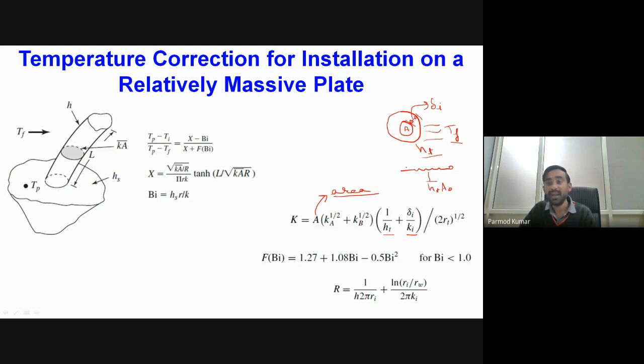And apart from that, within this insulation zone, we will be having conduction heat transfer. So for conduction, we have to consider the conduction resistance, which we are considering as delta I divided by Ki into L. Because of that, we are trying to find out the effective thermal conductivity. So that effective thermal conductivity you can see with the help of this particular formulation.